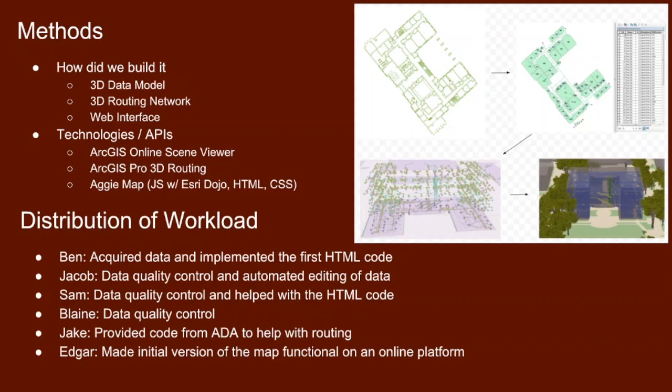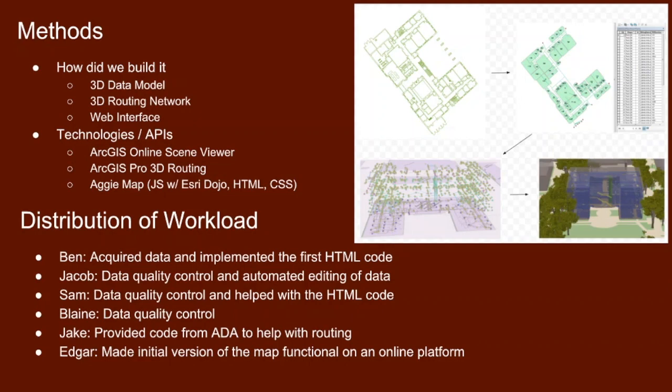Once we had each level made, we assigned all the attributes their accurate Z value, which is the elevation for each point. And so that allowed us to bring it into ArcGIS Pro and display it in a 3D model and allow us to generate the network. And the network allowed us to make the route possible within the building. So we could select an exit and a point within the building, and that would generate the most efficient route